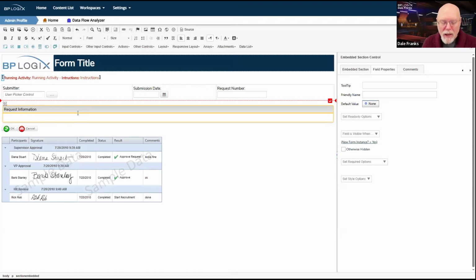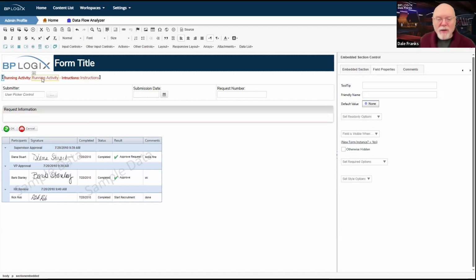running. I need to be able to let people know whenever they are participating in the process and they open up the form, or even if they're not specifically participating in the process, but they want to open up the form just to see what's going on. I want to let them know what's going on with this form while the process is running. So they do need to know what the running activity name is. And for people who are actually being tasked with doing something while this activity is running, the actual task assignees are going to need to see the instructions for their task.